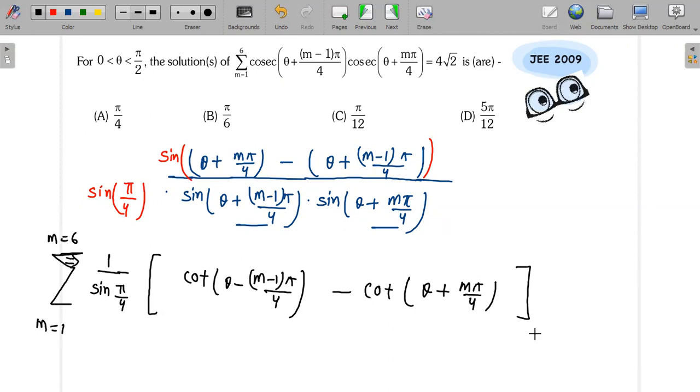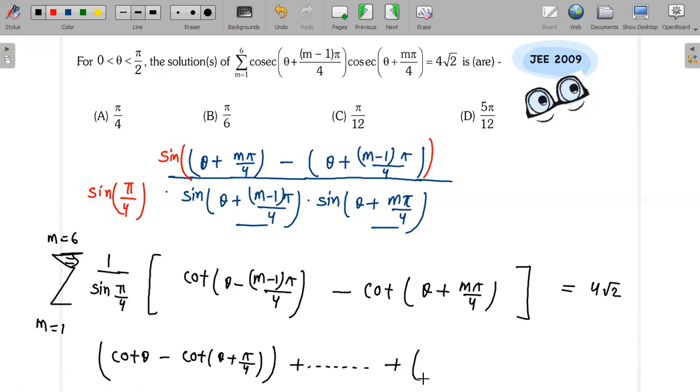Consecutive cancellation of terms will take place. Let me switch this sine pi by 4 to the other side and start putting different values of m there. For m equals 1, I'll get cot theta, and on the other side cot of theta plus pi by 4, and so on and so forth. I know cancellation of terms will take place, so rather than wasting my precious time, let me write down its value